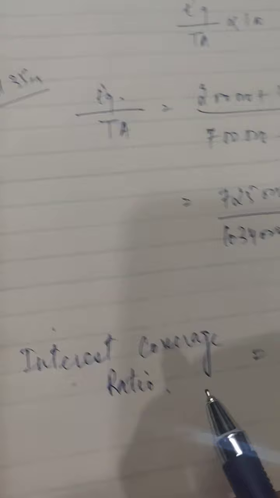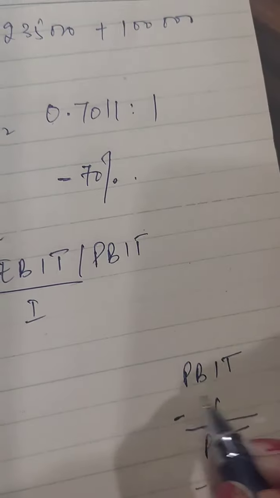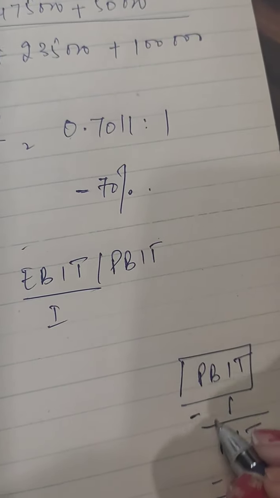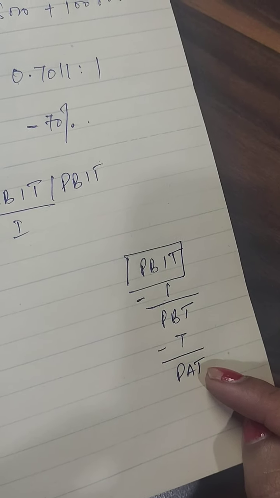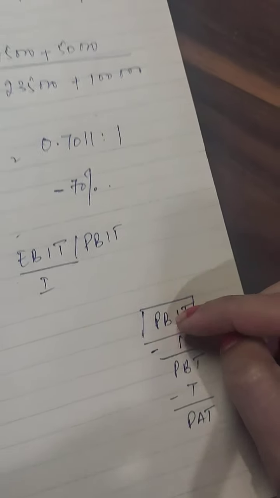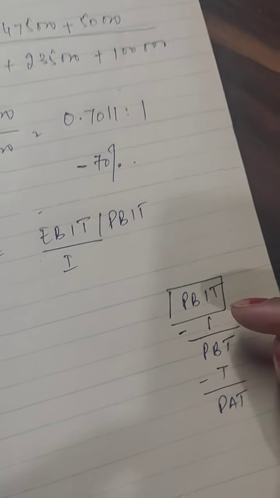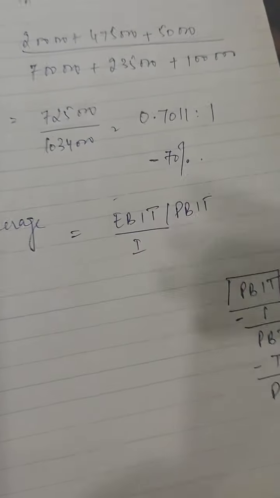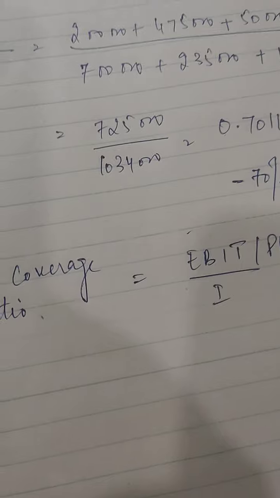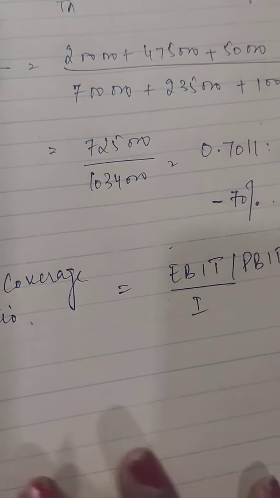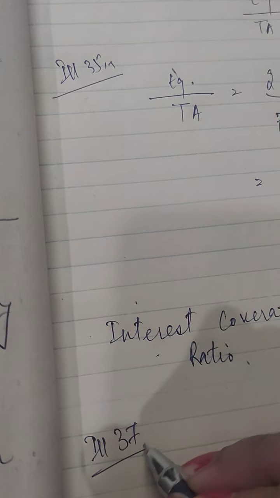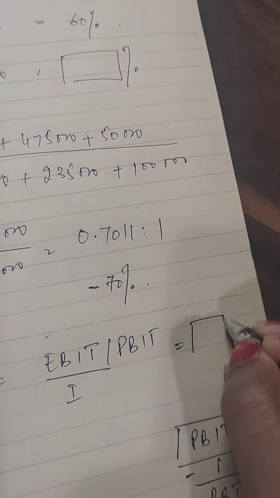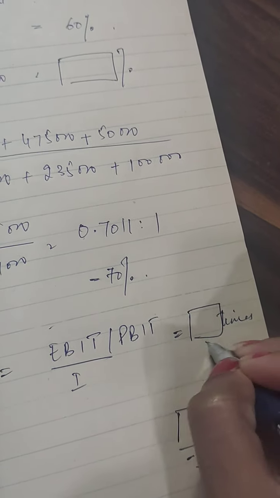Now in the question you require EBIT, that means the first portion, and the interest part. But obviously if you require this in the question, you shall be having either this information or that, and you need to calculate it with the vice versa method, so that you calculate PBIT first, right? So as per the question's demand, you will have to use the information. Now coming to the next question, which is illustration number 37, I would like to add one thing more. The answer, whatever it comes, has to be in times.